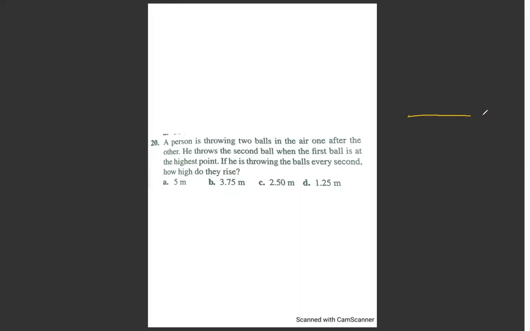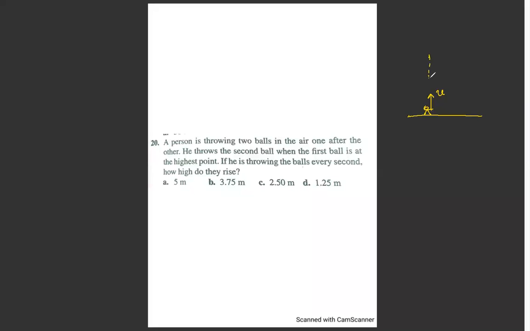So let's take an example. This is the person who is throwing the ball. Let him throw the ball with a velocity of u. If you are not going to throw the ball with some initial velocity, it cannot rise. You know it very well, right? Because of gravity, we have to give some initial velocity.